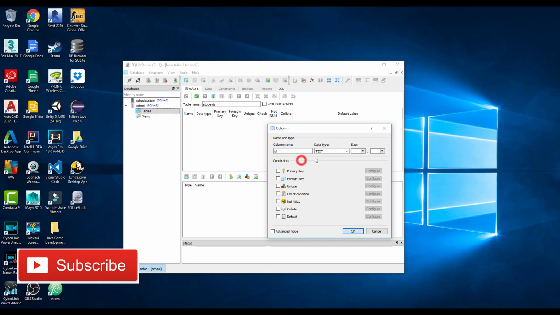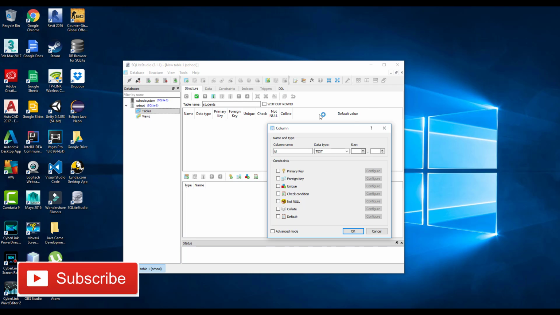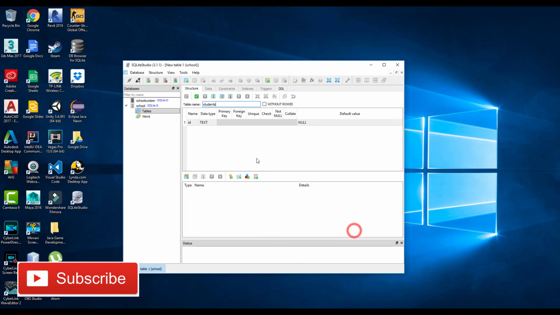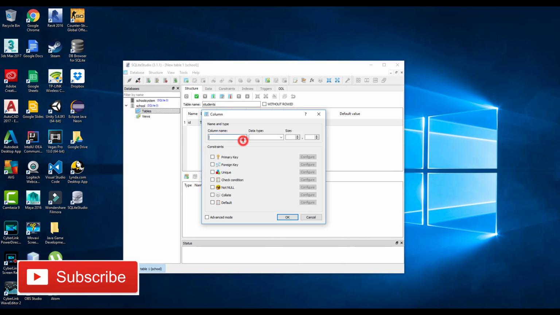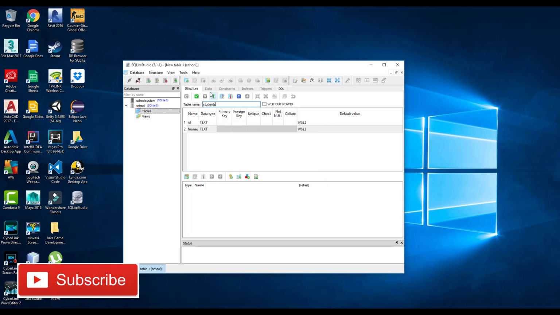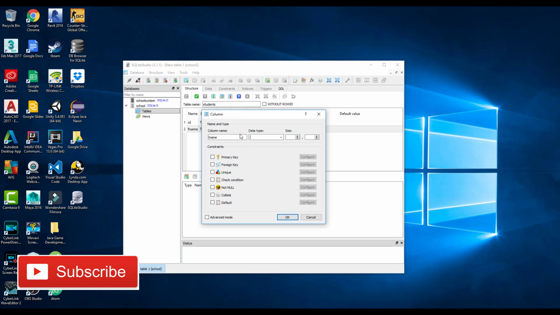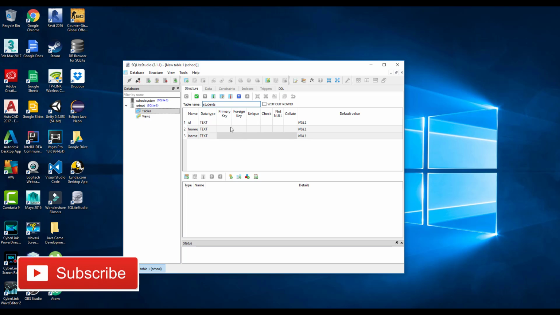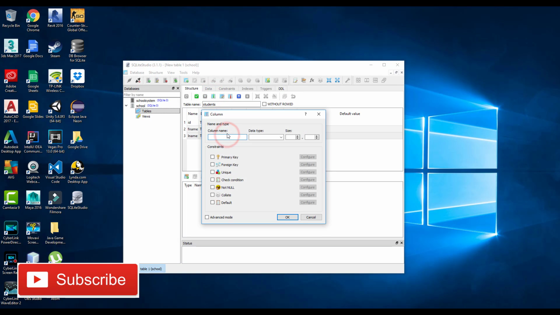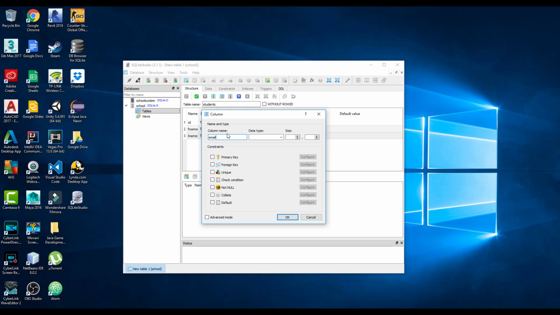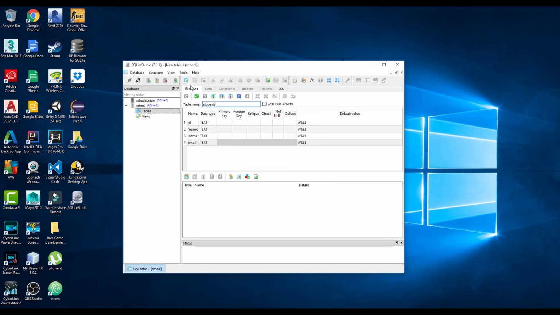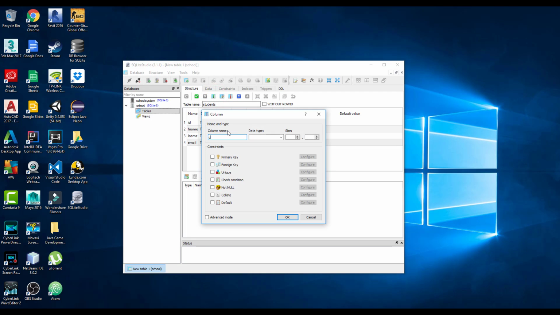For that, let's just make it simple and use text, so we can use the same function in Java to access this. Let's click OK, and add another column that's going to be fname, text, and we need a few more. Let's just create all of them. lname, with text as the data type, and then we have email, yep, email text, and then we have DOB,